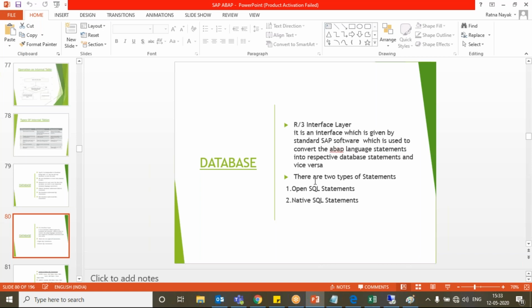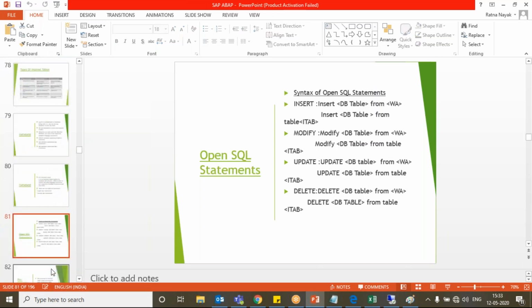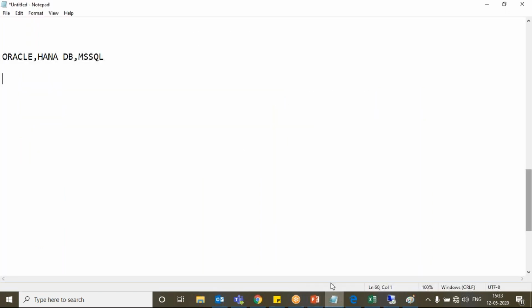Now in SAP we have two types of statements. The first one is the OpenSQL statement, and another is the native SQL statement. Now what are these OpenSQL statements? So basically we have a